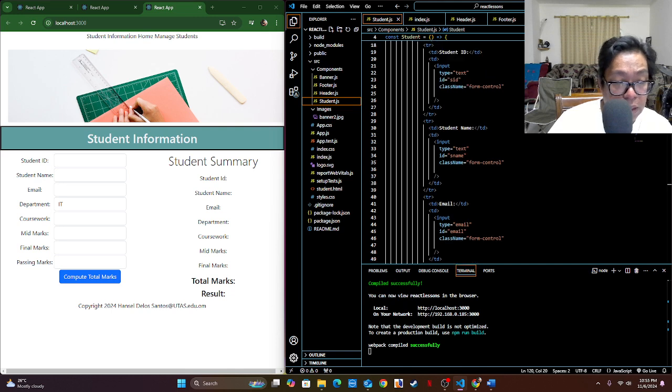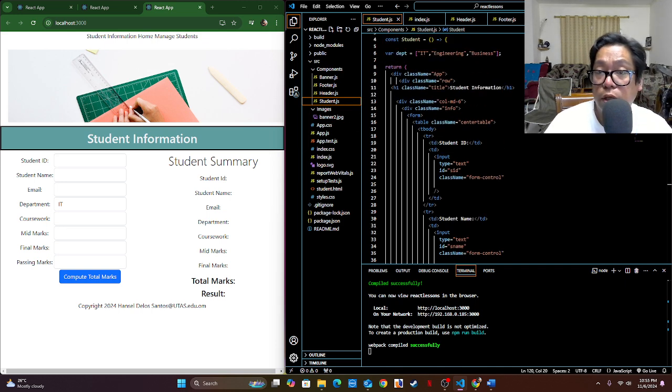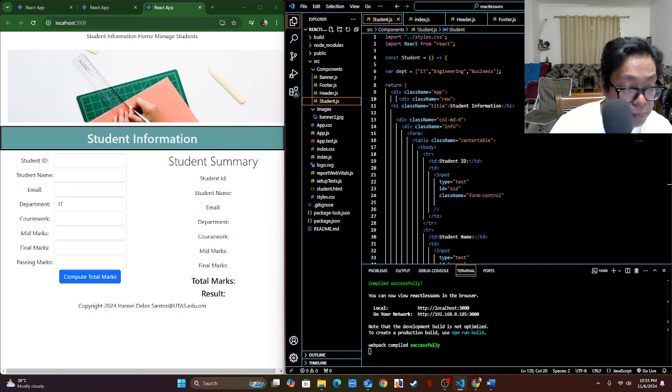So let me go on to the student.js, right? And we'll work on the useState declaration over here, right? And eventually later we're going to be working with our router once we have completed this part. Okay,